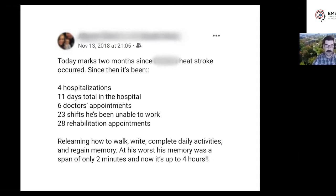And so I was kind of bewildered that one day his wife put up this Facebook status. And apparently what happened is that he was fighting a fire, hot day, turnout gear, all that kind of stuff. And he started feeling kind of unwell, and was transported to the hospital actually with a kind of field diagnosis of heat exhaustion. Big difference between heat exhaustion and heat stroke, which we will break down shortly. But it ended up that he actually was suffering from heat stroke, and you can kind of see what happened